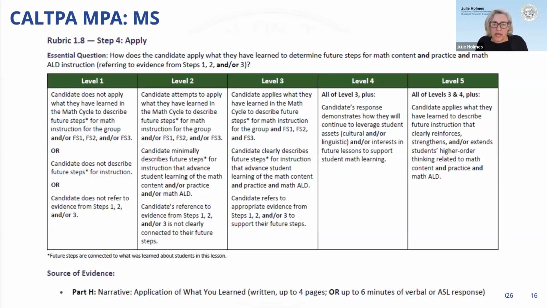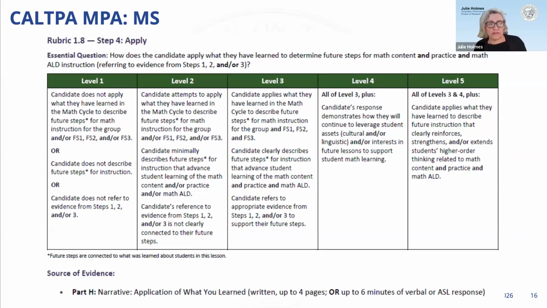So again, looking back at that mean score data, candidates are not hitting this level 3. They're in the level 2 range. And the level 2 range, if you look at the words, it's an attempt, it's minimal, it's vague, it's not clear. So that, I think, is a really big point that you can really strengthen with your candidates when you go in and observe them and you do an observation and you're sitting afterwards and you're having that debrief. Bring up some of these questions for application for next steps.